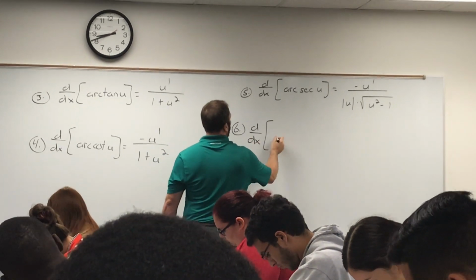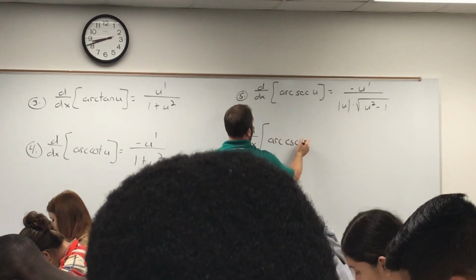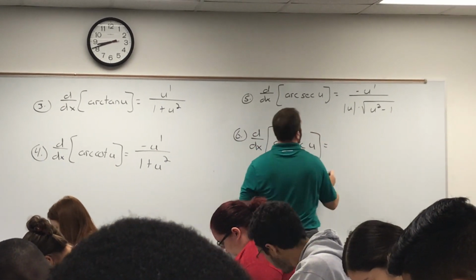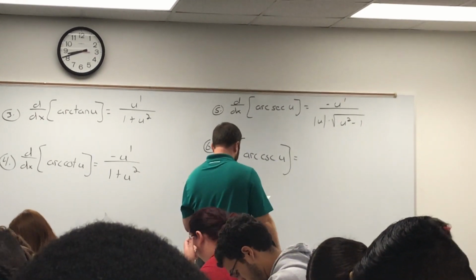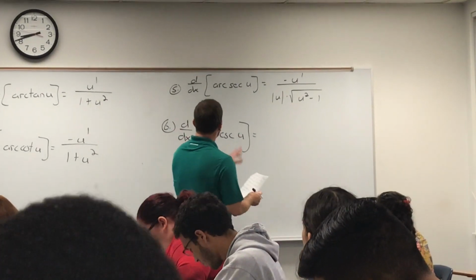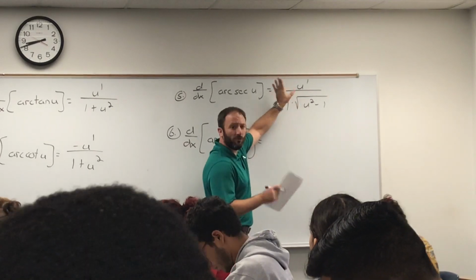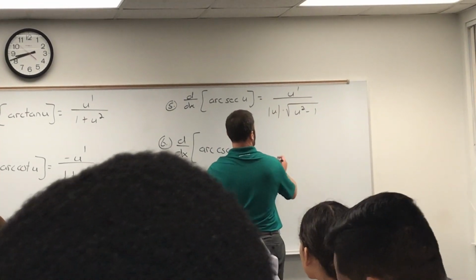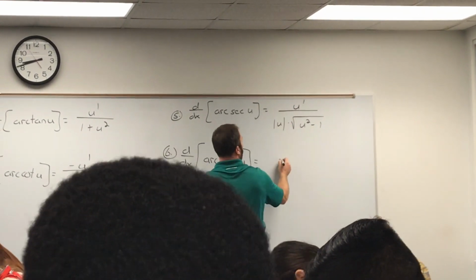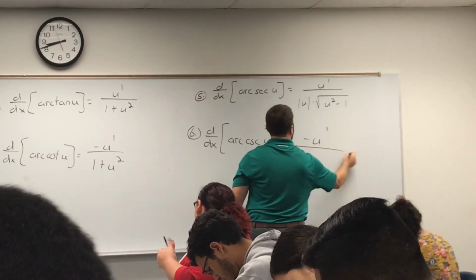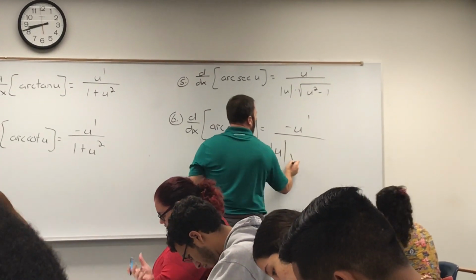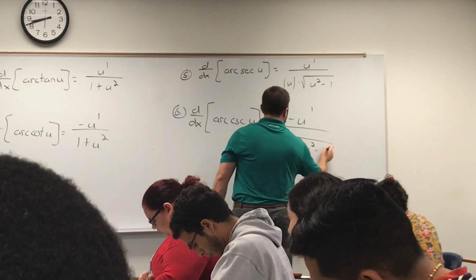And then the derivative of arc cosecant of u. I apologize, guys. The secant is positive, cosecant's negative. Secant positive up top, cosecant negative u prime over absolute value of u times the square root of u squared minus